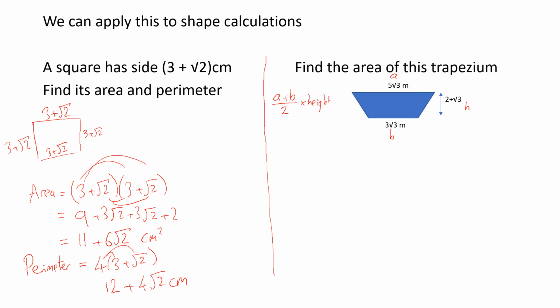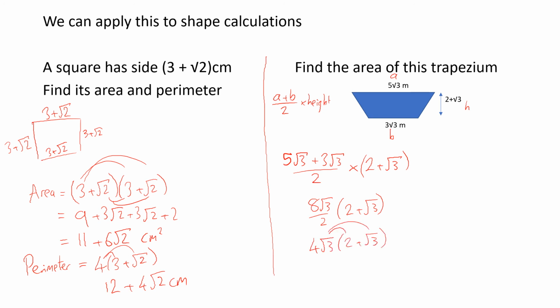So let's put those into that formula. We need to do a plus b, so 5 root 3 plus 3 root 3 over 2, and we're going to times that by the height, which is 2 plus root 3. So let's look at the top here. We've got 5 root 3 plus 3 root 3, that goes to 8 root 3, which we want to times by 2 plus root 3. 8 divided by 2 is 4, so we've got 4 root 3 times 2 plus root 3, and then